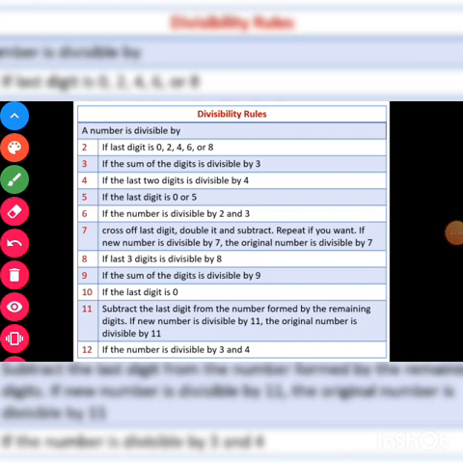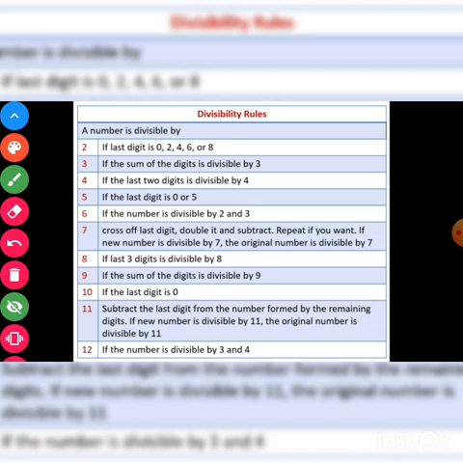Now, since divisibility test of 7 is not given in your syllabus, we will not study this. Now, divisibility test of 8. For the divisibility test of 8, we take the last 3 digits and divide them by 8. And if the last 3 digits are divisible by 8, then we say that the entire number is divisible by 8. Now let us take the number